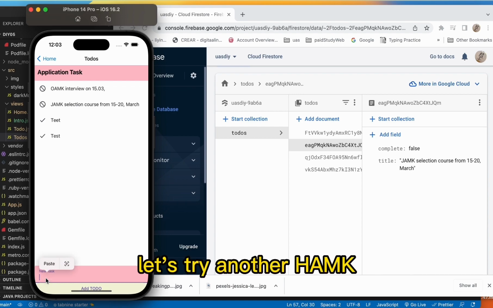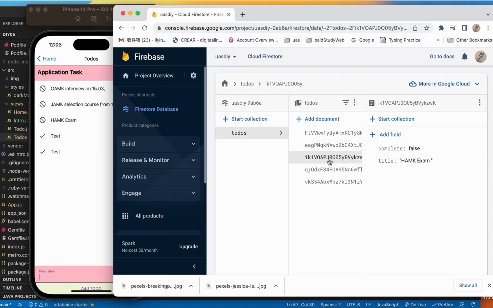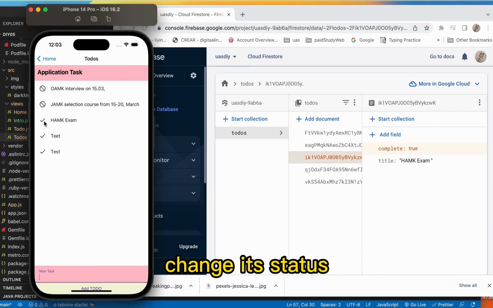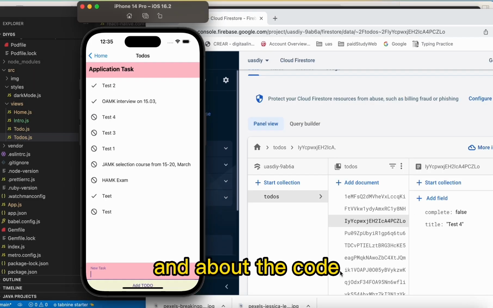Let's try another, HAMK exam. Okay, add to do. Here we get the new document, and let's change its status. Okay, complete, and uncomplete. And about the code,